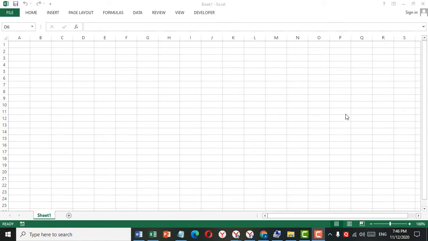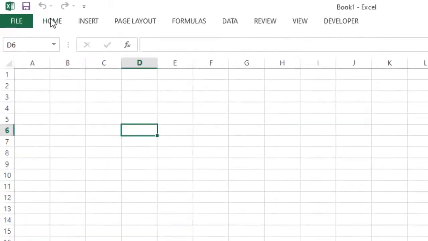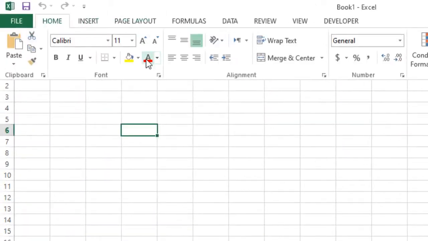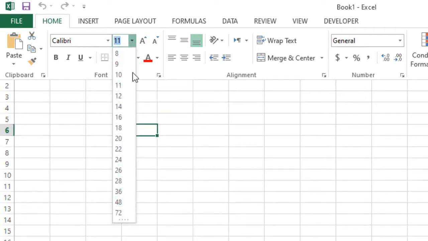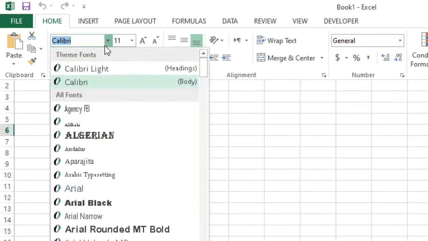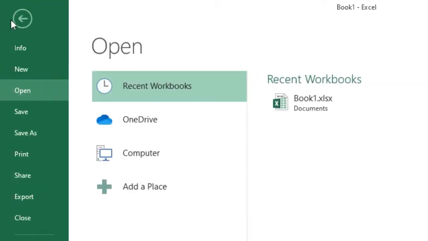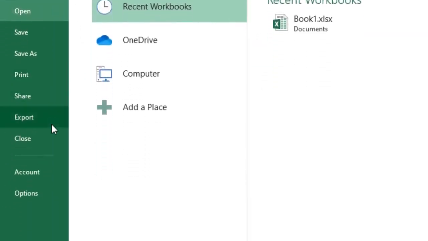So guys, if you want to change the default font and size in Excel, it's very easy. Firstly, click on Home and here change any font and size. Here you can change the font. The other way is to click on File, and after that click on Options,